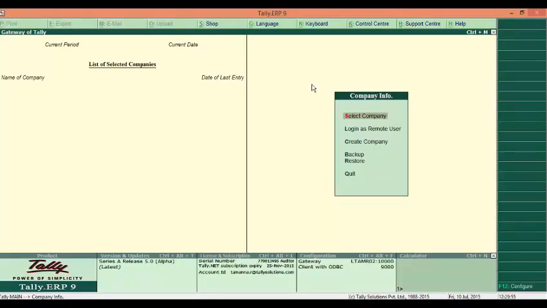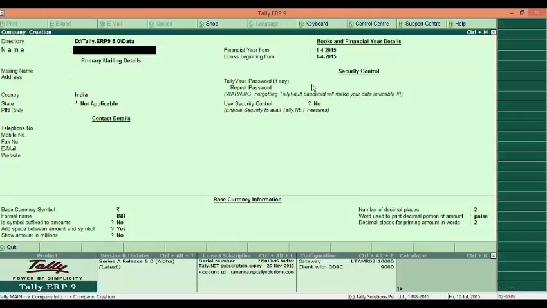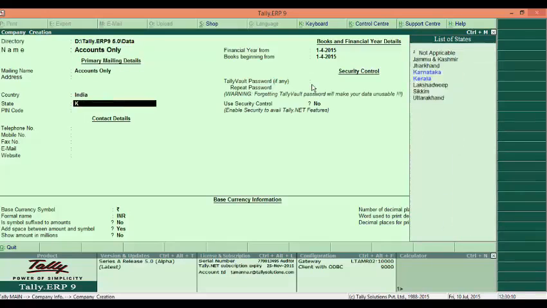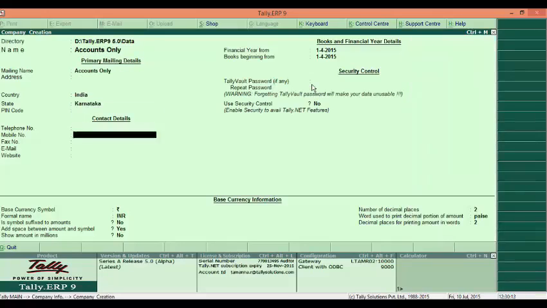Now let us see how VAT can be enabled in accounts only company. So first let's create a new company. Accounts only. Let's select the state Karnataka. Save this.